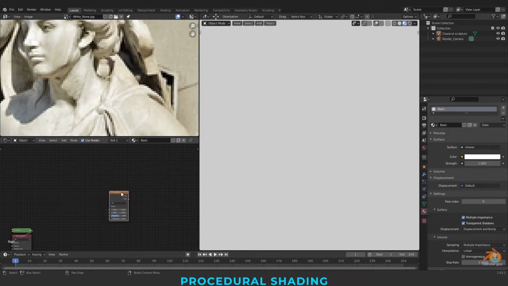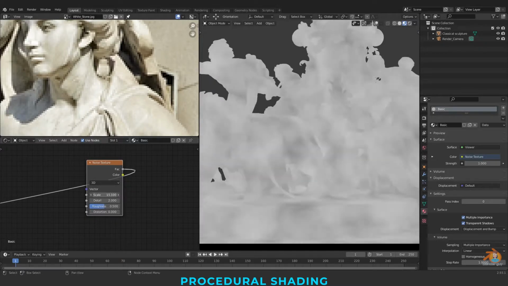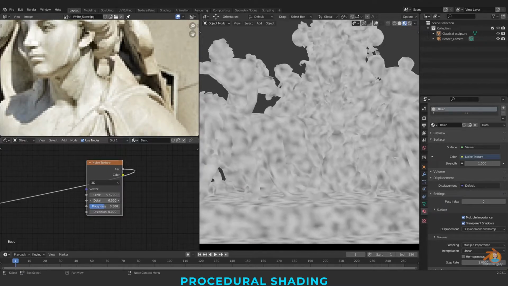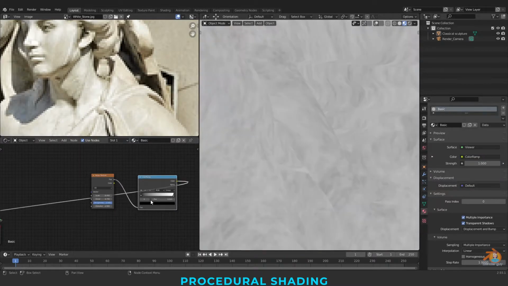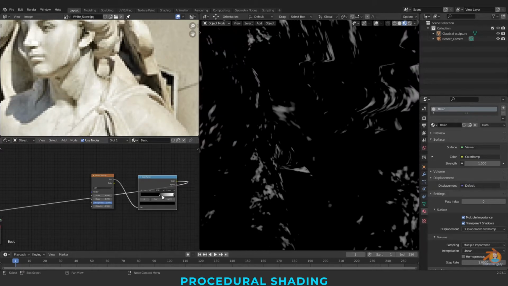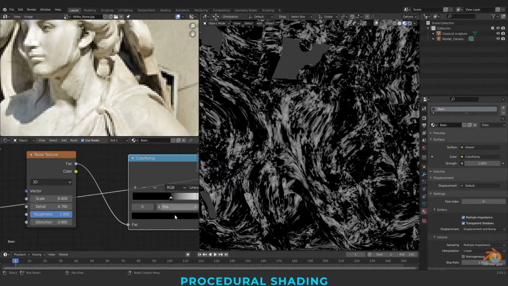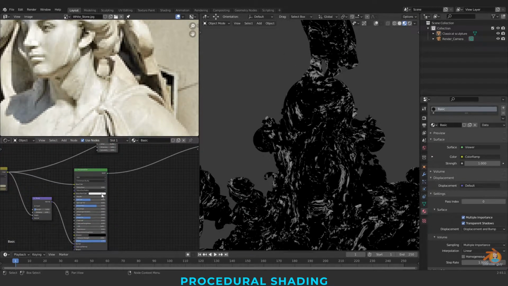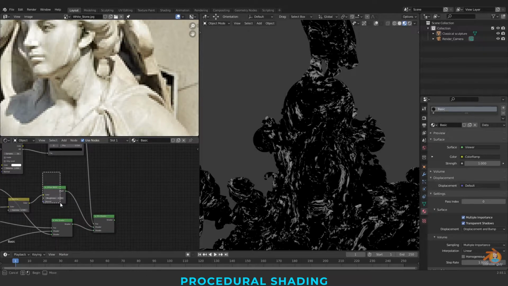Noise texture. It's all about, as I told you before, checking things. Ramp, connect this. You can use principled BSDF. I'm going with diffuse for now. Copy, paste here. Removing the total saturation.